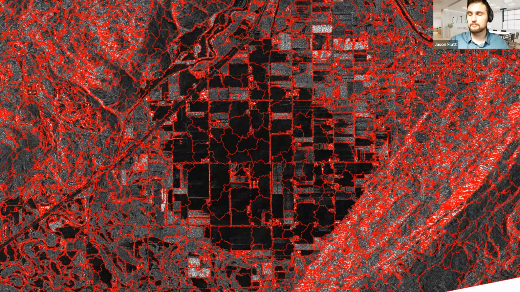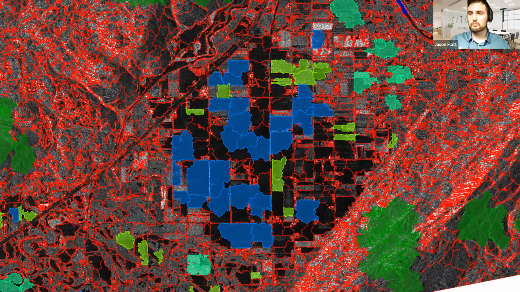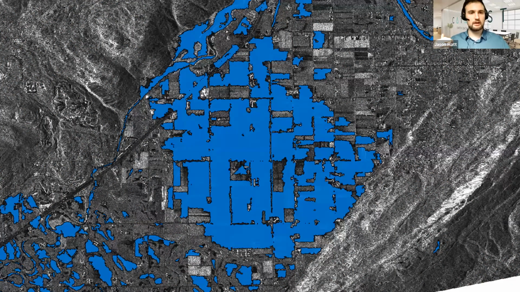Next slide, please. And even provide the ground truth for the training model, and we can utilize that. So here, we're identifying what is flooded and what is not flooded. Next slide. So with the training model and those attributes, we can then perform that classification and then identify what are those flooding extents over this area of interest.